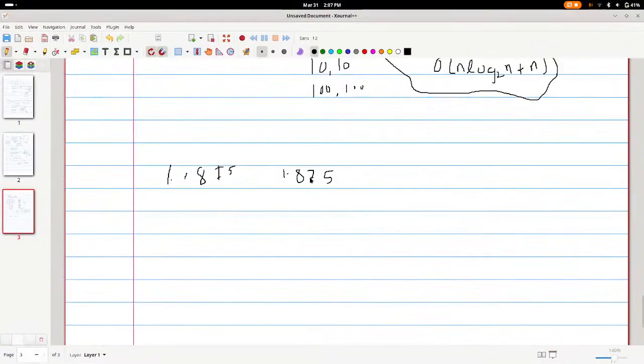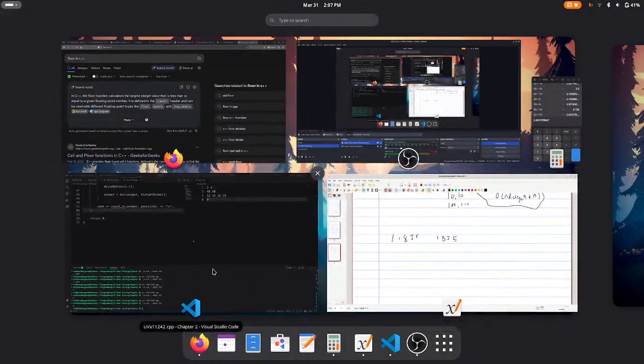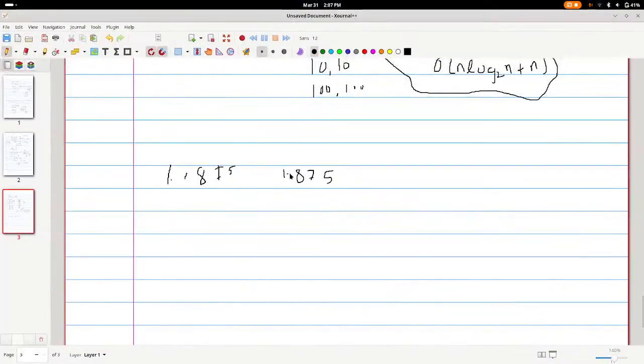Yeah, 1.1875. So what we can do is multiply it by 100. So we'll have 108.75, and